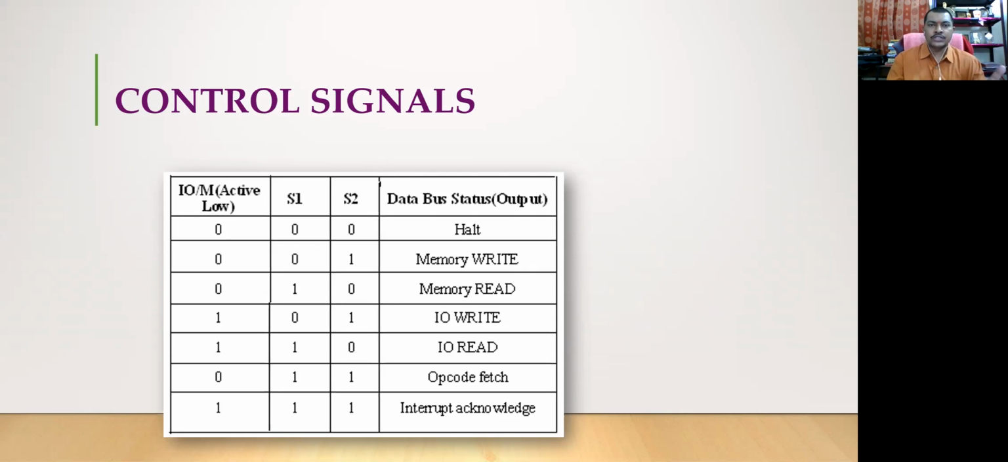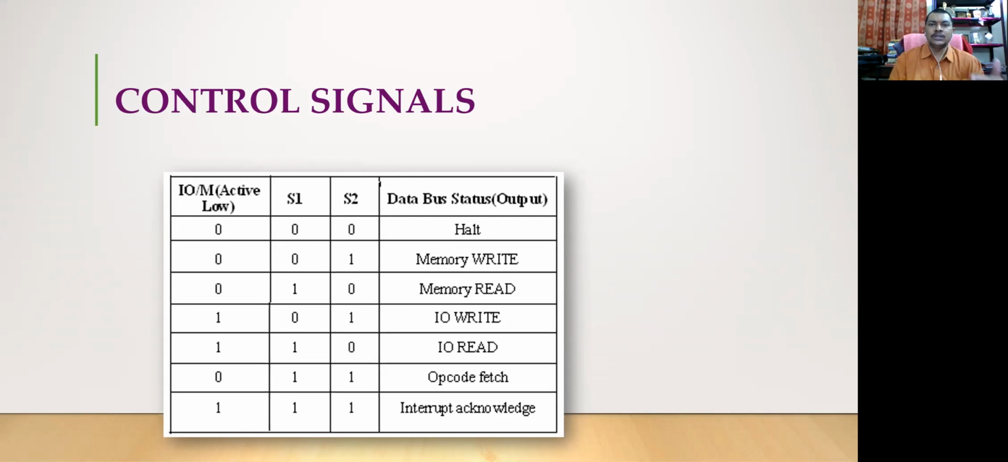Actually they were S0 and S1. Here it is by mistake written as S1 and S2. They are S0 and S1. So depending on the combination of these three, different sorts of signals are being provided to the data bus, and accordingly